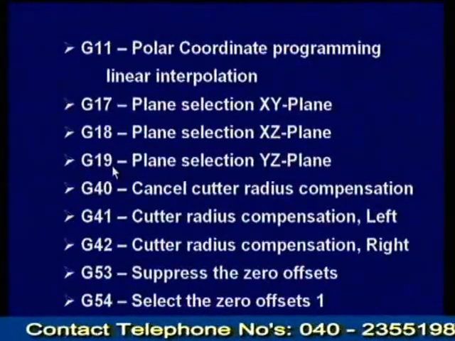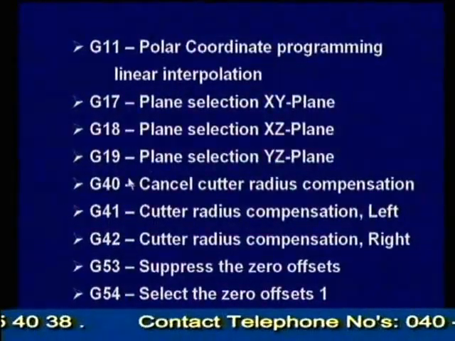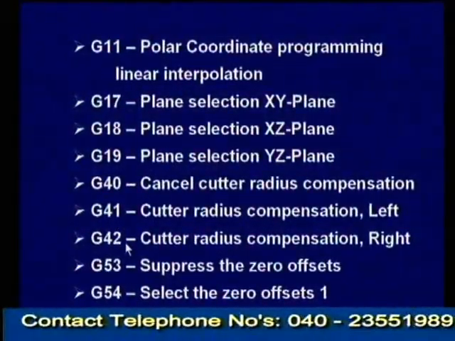And at the same time, some cutter compensation or cutter offset is to be provided. If you want to invoke the cutter compensation or cancel it, for that we are going to use G40, G41 and G42.